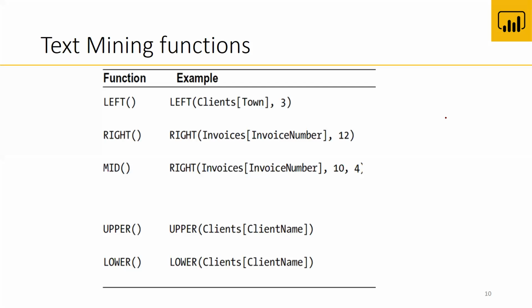You can see the different text mining functions here in this slide. With the LEFT function, the number of left characters specified can be extracted. A similar function is available for the RIGHT. If you want to extract 12 characters from the right side of the invoice number column, these 12 characters will be extracted. You can even extract text from the middle of the column. If you want to extract text from the middle, you have to specify the starting position and how many characters you want to extract from that. The 4 characters from the 10th position can be extracted from